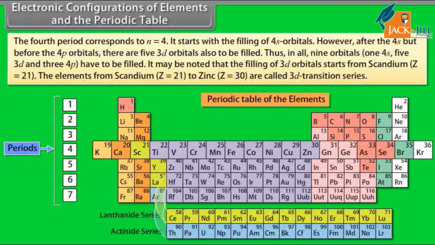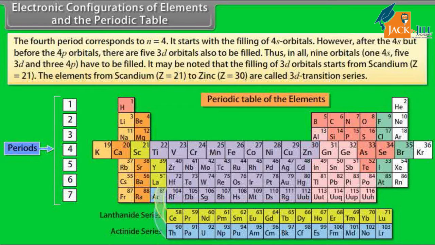However, after the 4s but before the 4p orbitals, there are 5 3d orbitals also to be filled. Thus, in all, 9 orbitals, one 4s, five 3d and three 4p have to be filled. It may be noted that the filling of 3d orbitals starts from scandium, atomic number 21. The elements from scandium, atomic number 21, to zinc, atomic number 30, are called